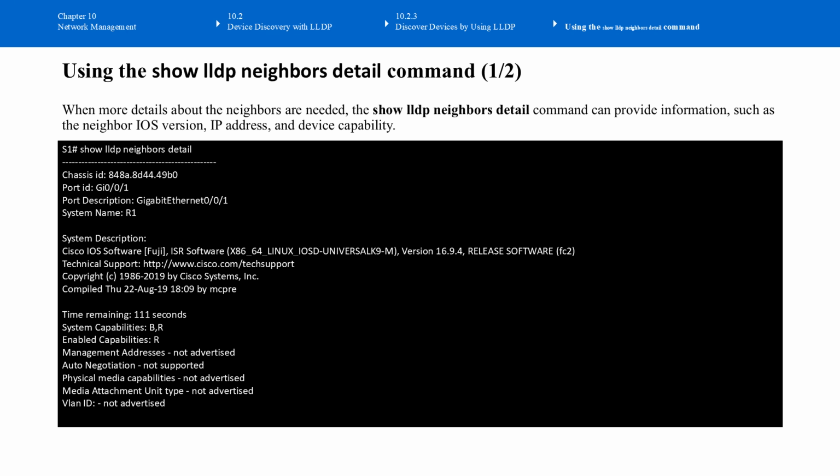When more details about the neighbors are needed, the show lldp neighbors detail command can provide information like the neighbor IOS version, IP address, and the device capability. In this example, for switch 1, we enter show lldp neighbors detail. You can see